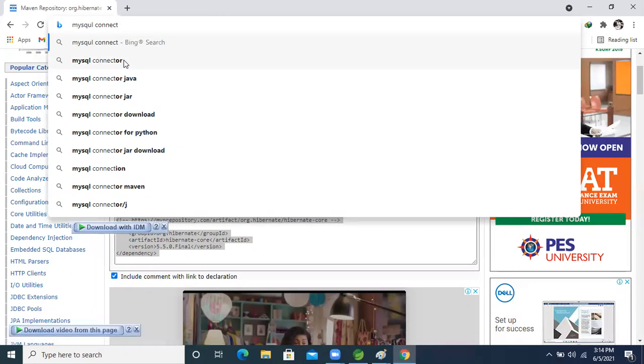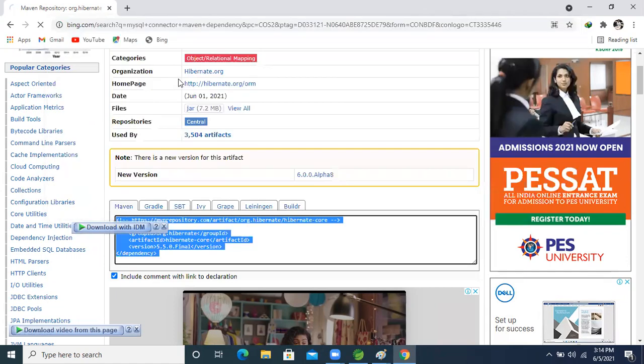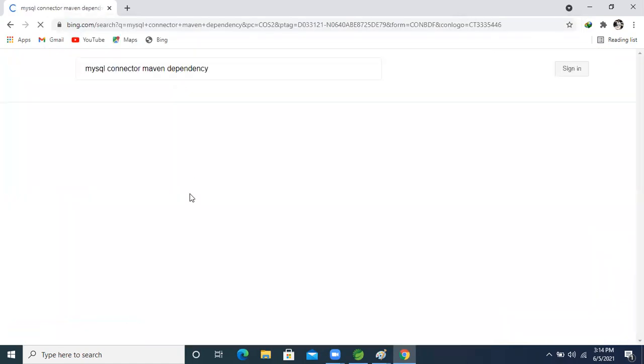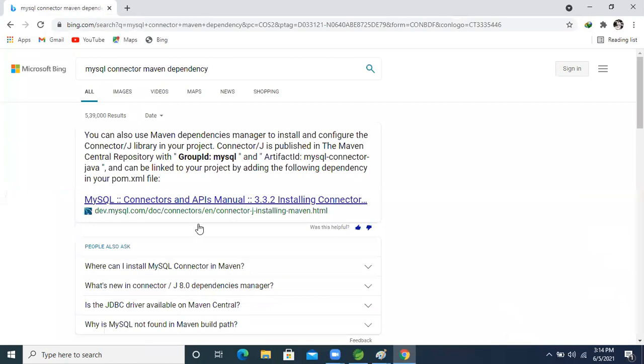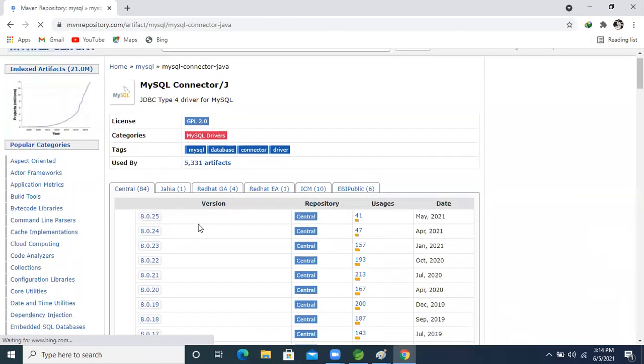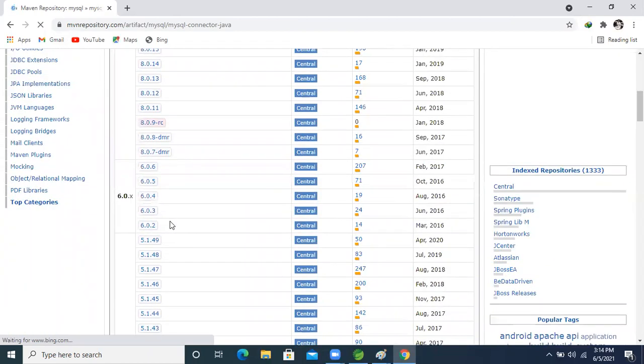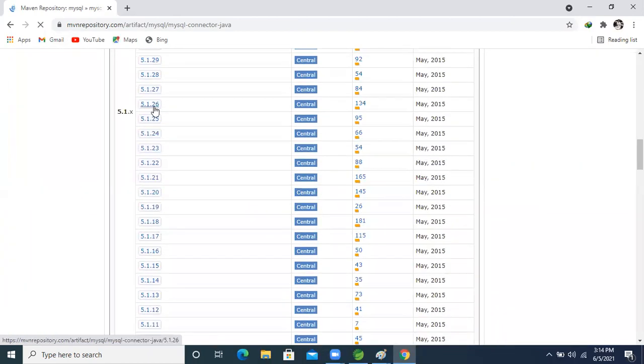MySQL connector dependency. We will take the 5.x version only. This one only I'm taking.